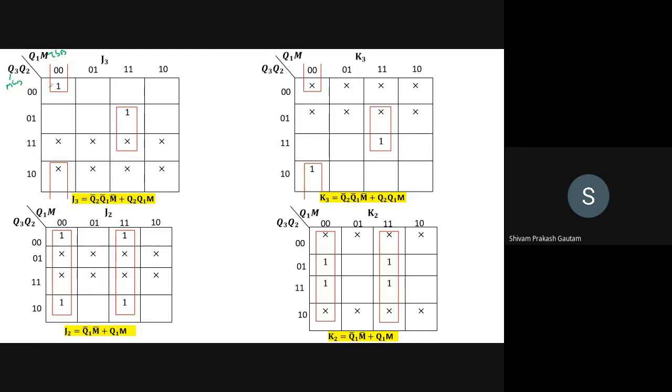So you can treat it now in this case M as LSB and Q3 as MSB. When you have grouped these two cells, just check what will be the reduced equation. So I think here it will be Q2 bar, Q1 bar, M bar. So you can see Q2 bar, Q1 bar, M bar is our first expression. And when you group this one with this, just see what we will be having. So Q2, then Q1 and M, right? So these are the expressions for J3.